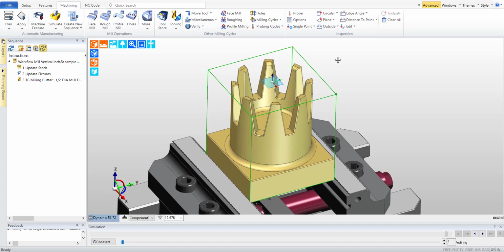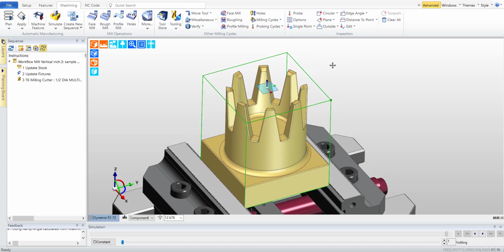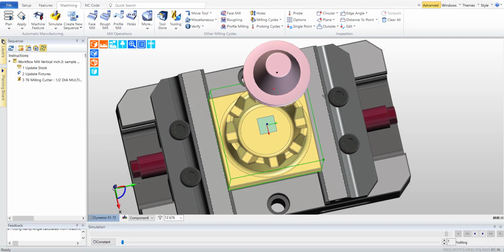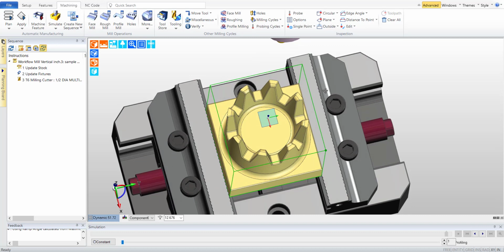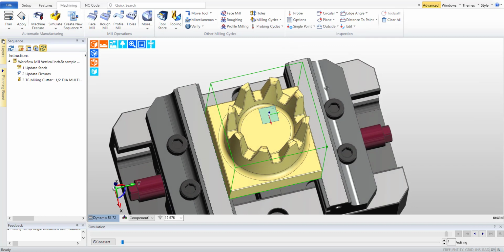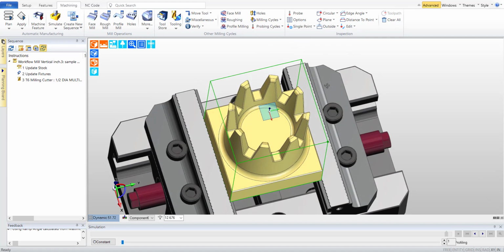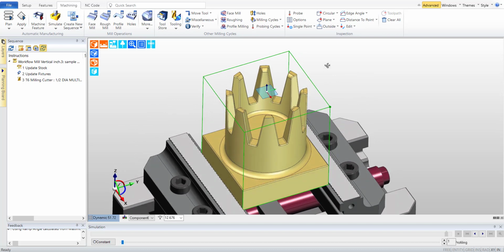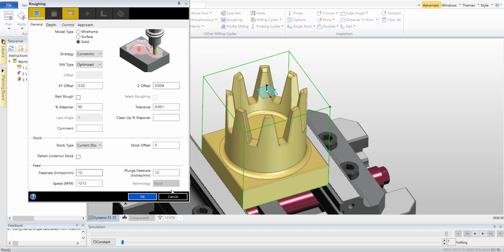Thanks, Joe. So let's go ahead and look at that new wireframe mill feature. Okay, so I have a part here, and if I look at it, it has a tapered inside contoured wall. I've got some fillets on the inside and the outer side. Now if we were to rough that out traditionally, we come up here to roughing, and we'll go ahead,